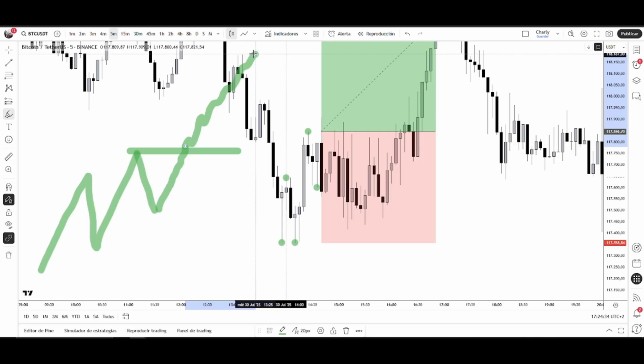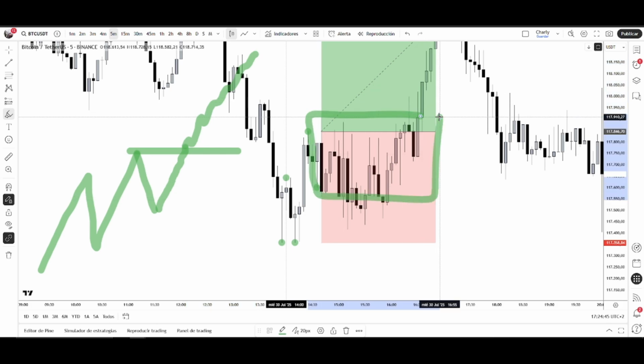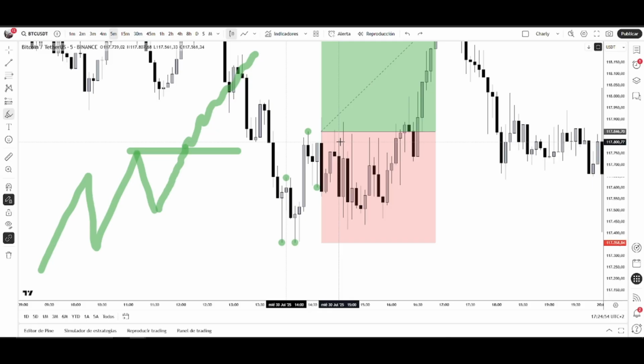Now, obviously, this is a drawing, this is textbook, but not every single scenario is going to be like this, and I'm so happy that this first video is with this trade. So you guys see that not every single setup or winning setup is going to be textbook. All right, a lot of times we will have ugly consolidations like this, but the model per se is, all right, entry on the second higher high for the third impulse, assuming that price will have enough volatility to keep going up. That's it.